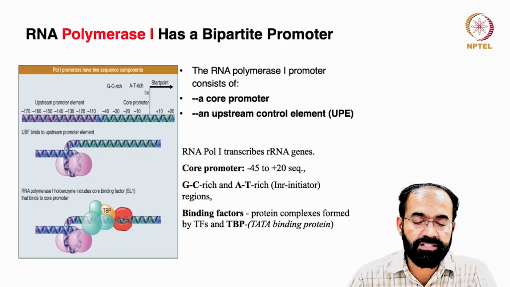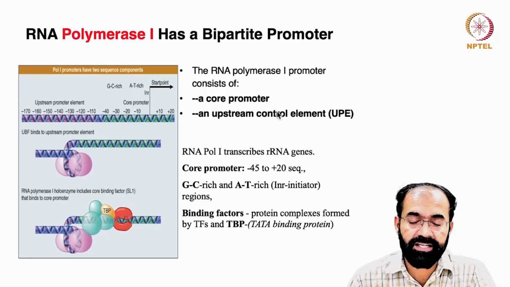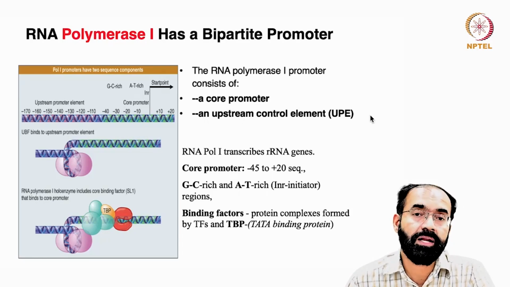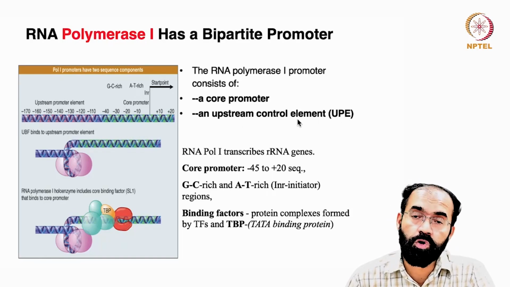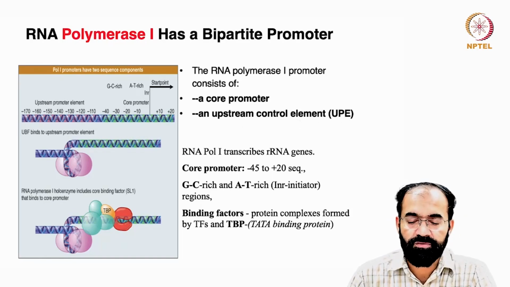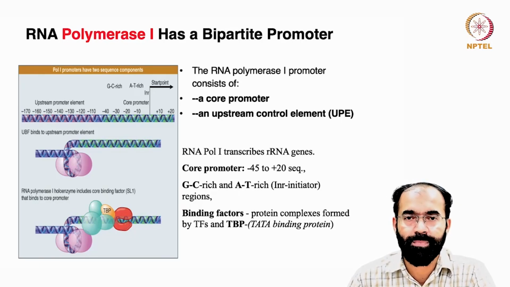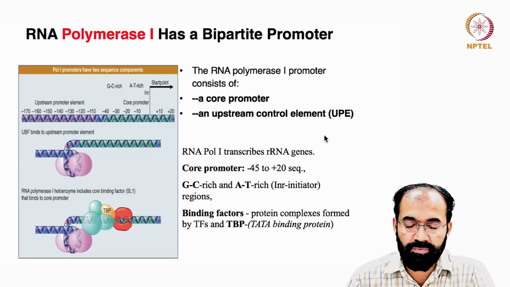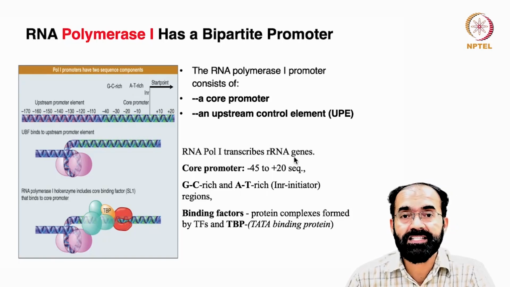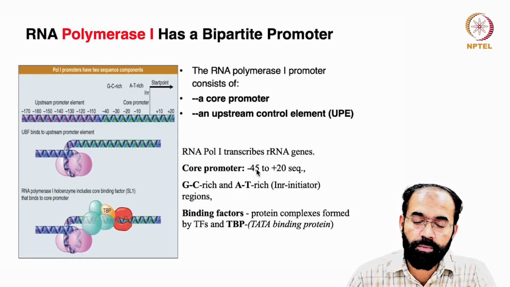That means it has sequence elements upstream as well as downstream, and this promoter has a core promoter region and an upstream control element, UCE. Both the upstream control element and the core promoter are important for the functionality of polymerase 1, but it is less complex compared to polymerase 2. RNA polymerase 1 transcribes ribosomal RNA genes except the 5S ribosomal RNA gene,